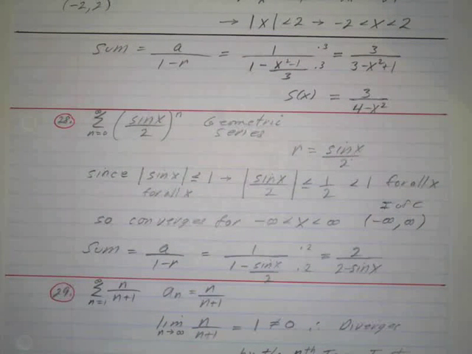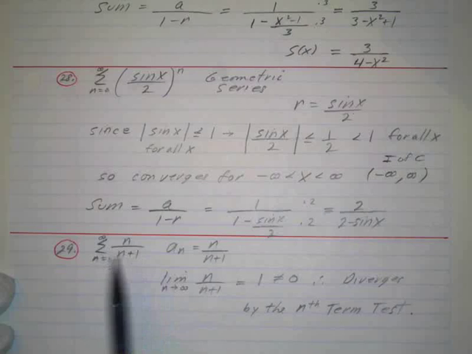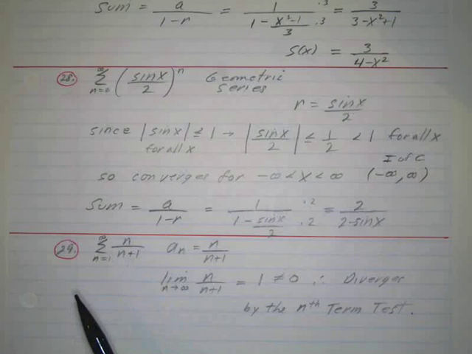Okay? All right, then number 29, we just want to determine the convergence or divergence of the series, and identify the test or tests you use. There may be more than one correct way to determine the convergence or divergence of a given series. This is my first one. And we've dealt with this limit so much, we should realize that the limit as n goes from 1 to infinity, the limit of this as n approaches infinity,